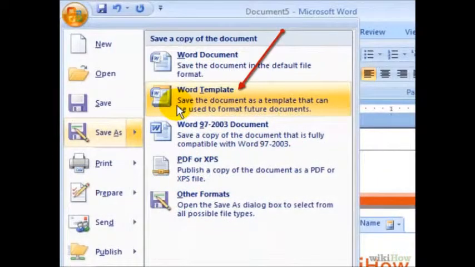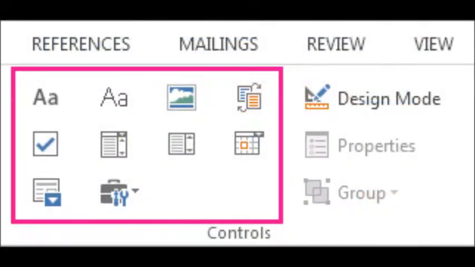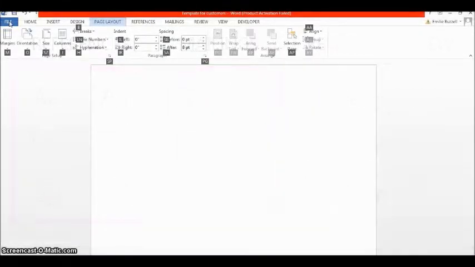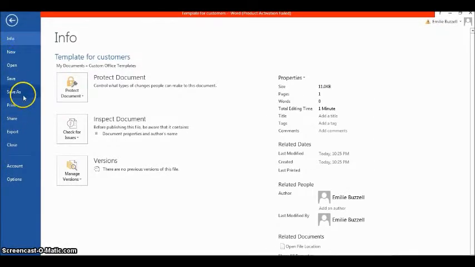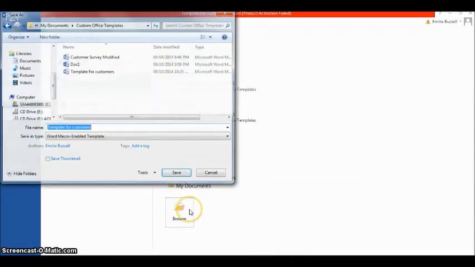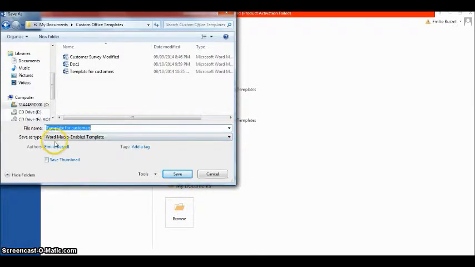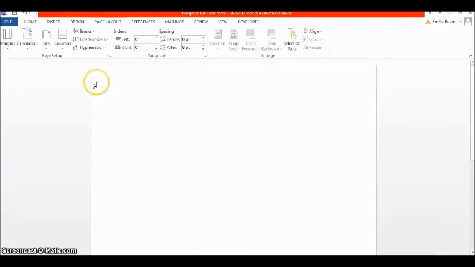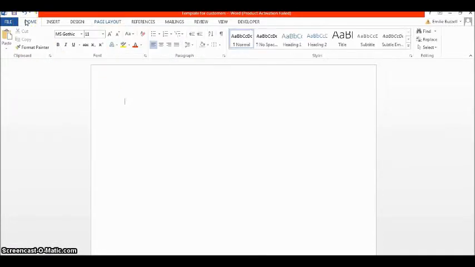In Word, you can easily create an online form for electronic distribution. You also can fill in that same form using Word. So in order to create a template on Word, the first thing you want to do is open a white sheet and then go into Save As, and then you have to select the Word macro enabled template, because if you choose something else, then it's just not going to work. So you save it right here, then you go back on your sheet,